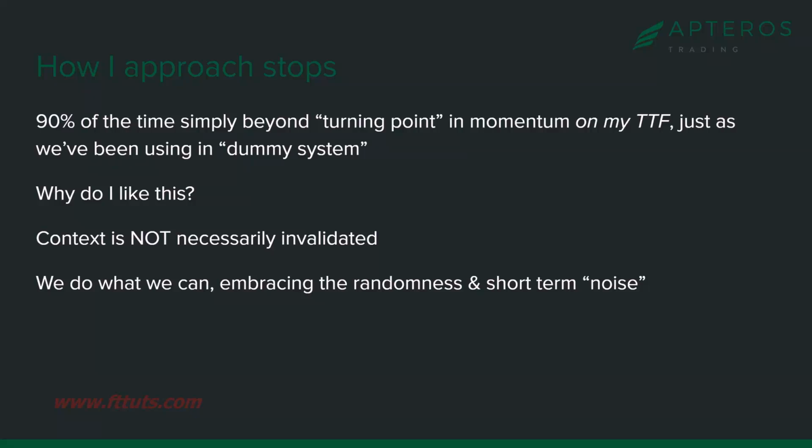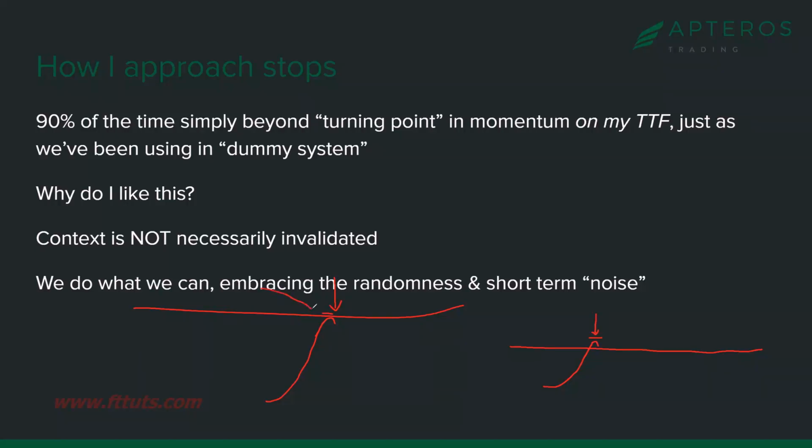How you see me do it 90% of the time, though, is the market trades up into an area where I'm interested in, and we get a momentum shift, Heikin-Ashi change. That's where my entry is, and my stop goes beyond the turn. In fact, let's draw it another way. It comes up into the area I'm interested in. I get the momentum shift. That's where I get short, and my stop goes beyond the turn.